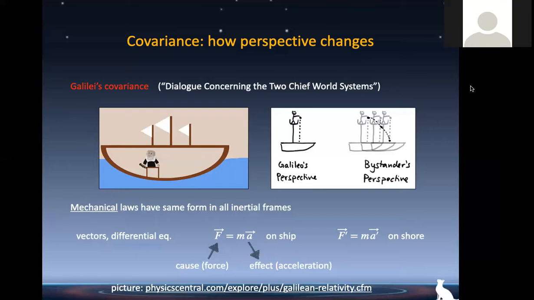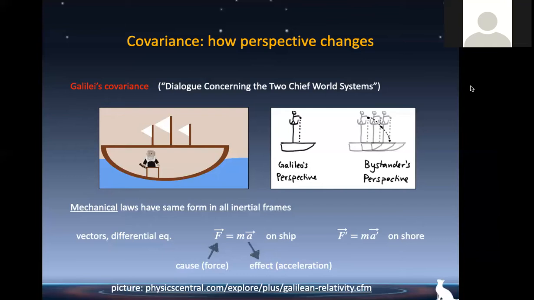So we have different descriptions. For me, the ball falls vertically down to the ground. For you, it follows a parabola curve. But the two descriptions should be equivalent. I'm a legit observer, you're a legit observer. So what's going on? If I make experiments on the boat and you make experiments on the shore, we would come to the same equations of motion, the same dynamics, which is Newton's law, F equal to ma,